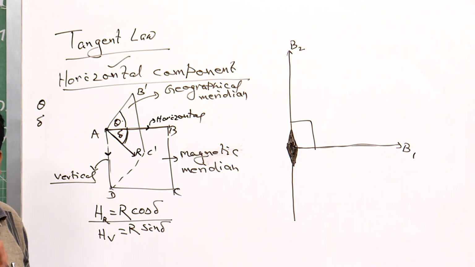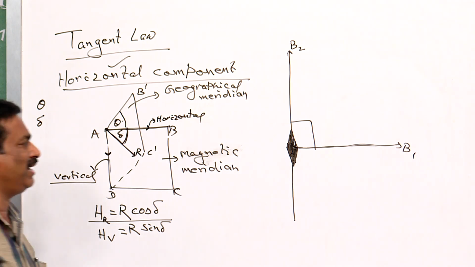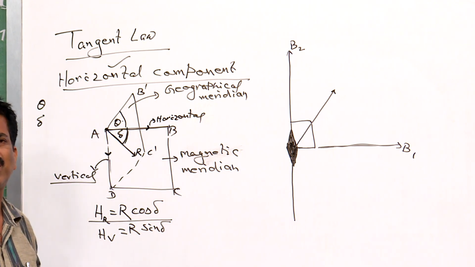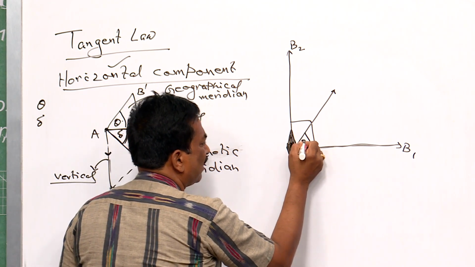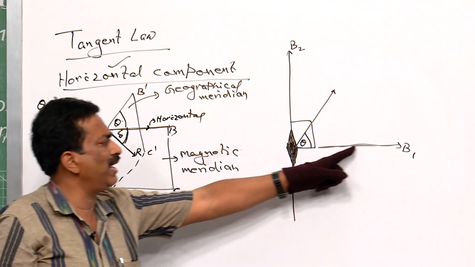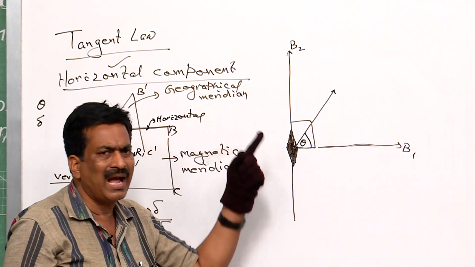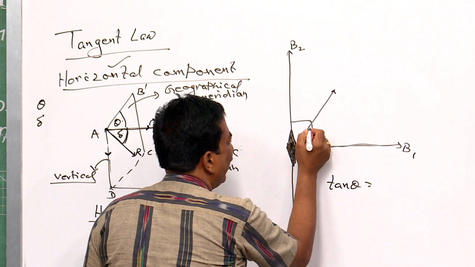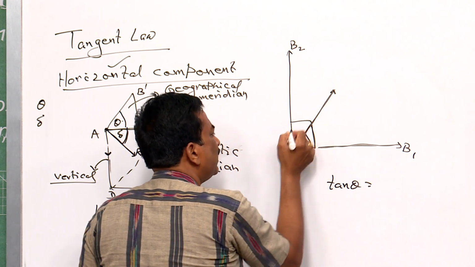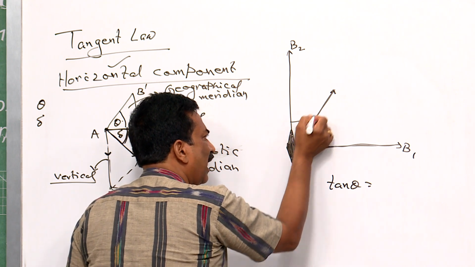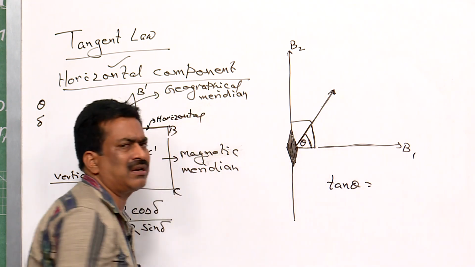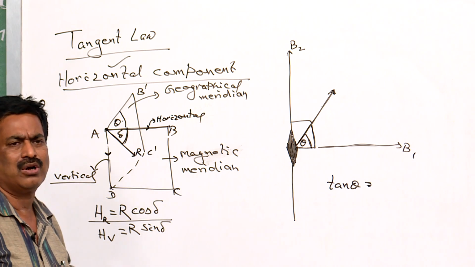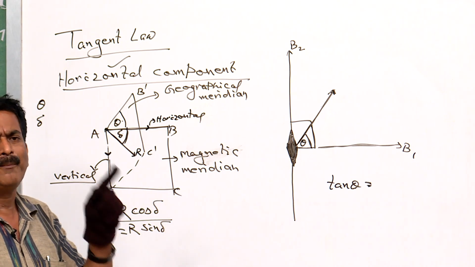then it will not lie along any of those magnetic fields, and it will lie making a certain angle with B1. The magnetic needle aligns in this direction, making a certain angle theta. The tan of that angle theta is equal to the ratio of the two magnetic fields which